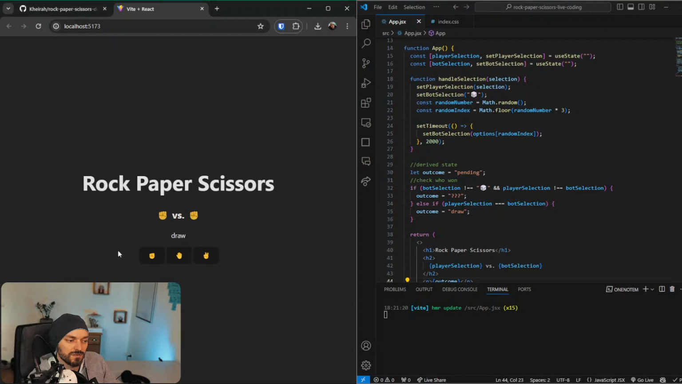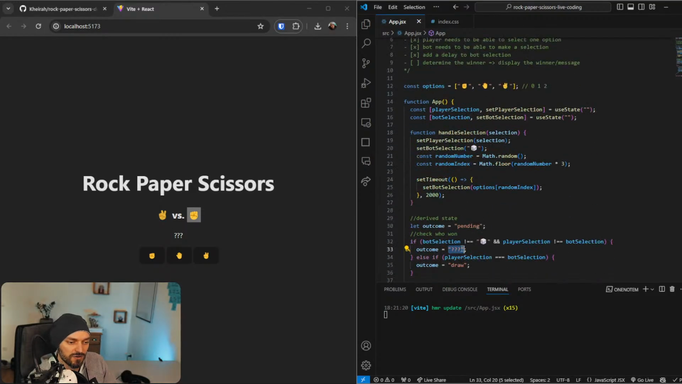Let's do it again. Let's roll. Paper, still a draw. Scissors. Okay, so now we are in the case where the bot made a different selection, and now we don't know for now how to determine the winner, but the outcome is displayed as three question marks, which is correct as well. We only need to determine the winner and say, like, you won or you lost, for example. So how do we do that? How do we make sure that we know